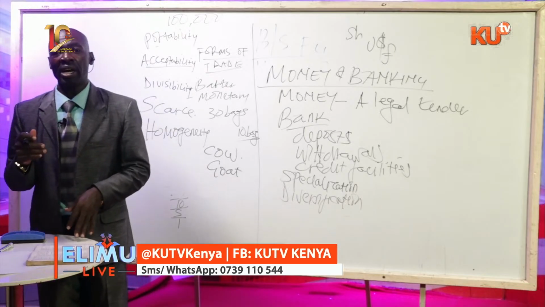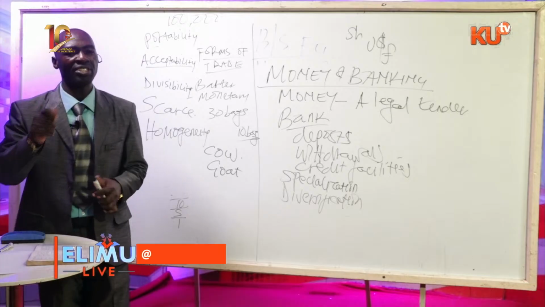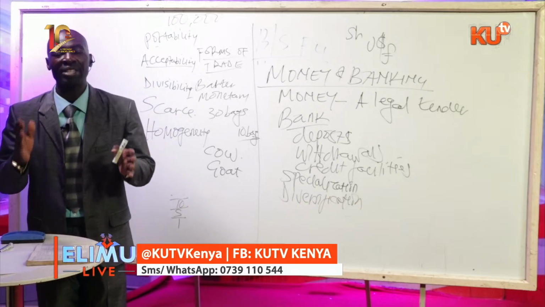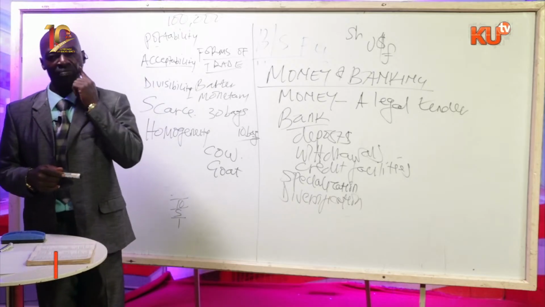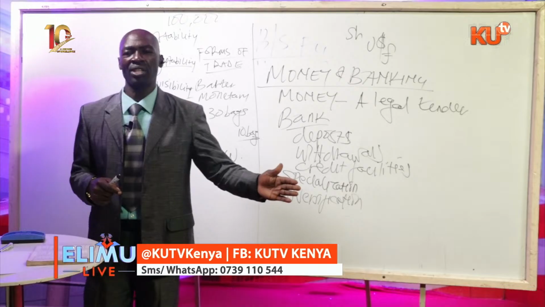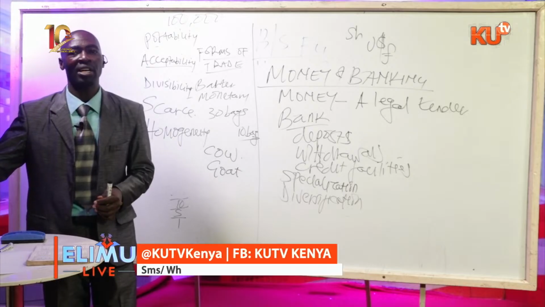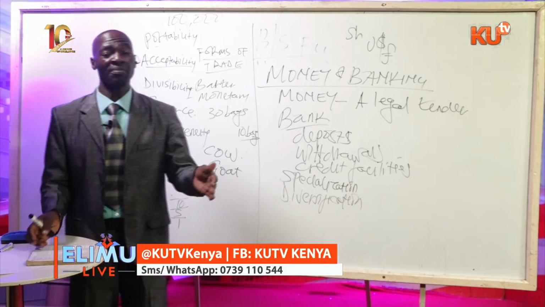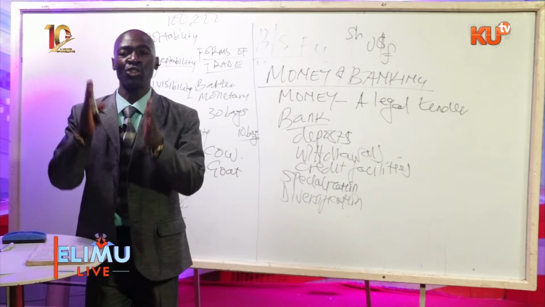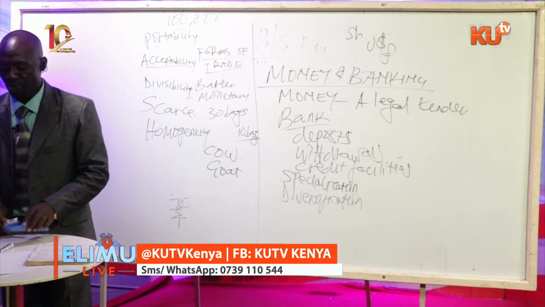So for every currency, if it is 10 shillings, and we have 10 people with 10 shillings coins each, all the 10 shillings coins must be the same, must look uniform. So money should be uniform, that is homogeneity. You should not have a 1,000 shilling note that is 20 centimeter, and somebody else has another 1,000 note that is 10 centimeter long, and another one has a 1,000 shillings note that is 30 centimeter. It should not be that way. Homogeneity means uniformity.